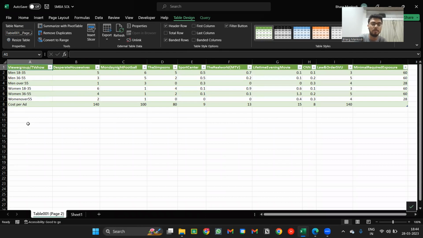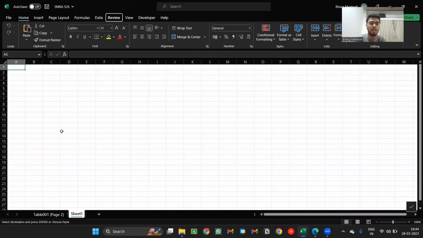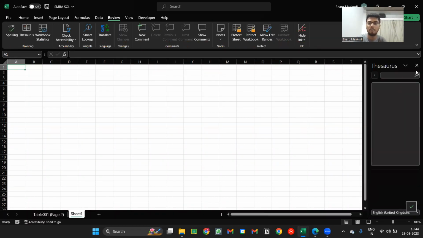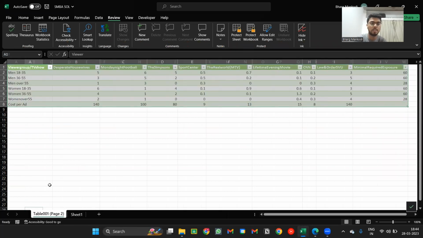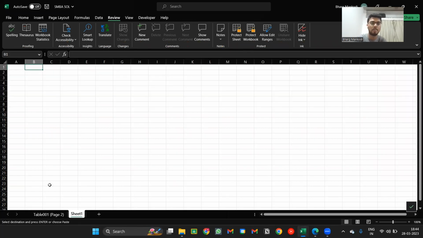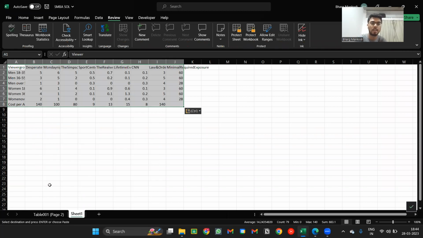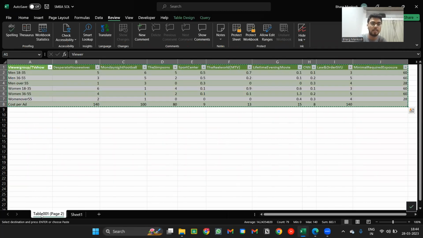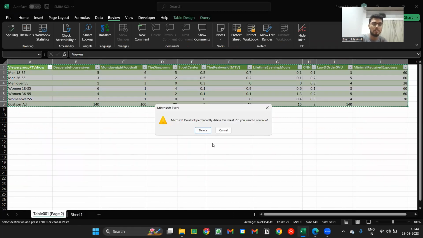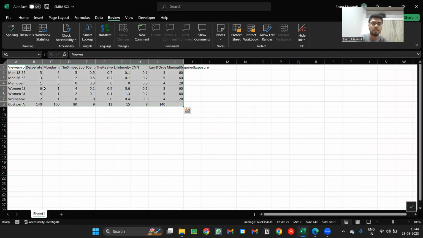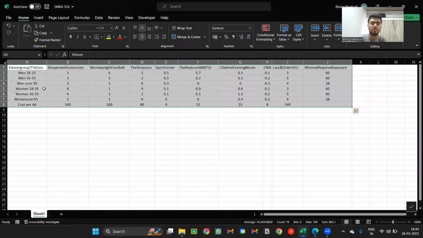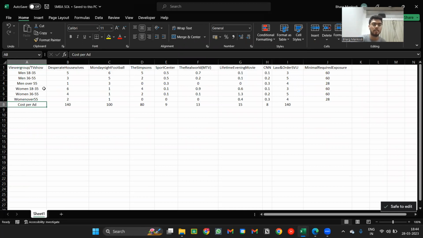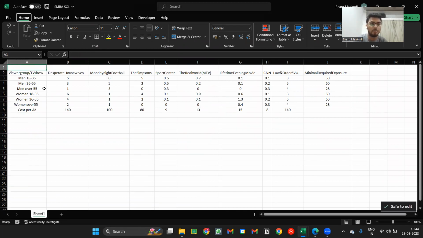So a new sheet will be created. You can just copy it into your blank sheet. Don't work on the sheet that was created either, because it's a table, and just don't work on that. Copy paste into a new thing and then delete that sheet. So this just ensures that you don't type incorrectly or anything of that. Okay, so